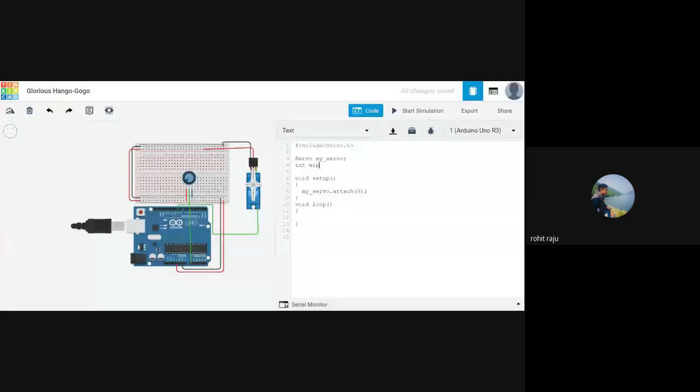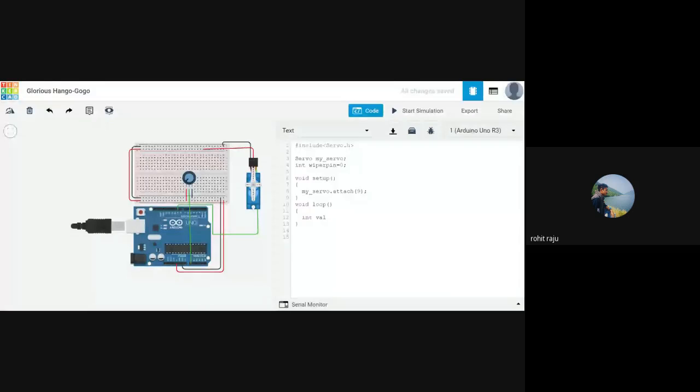Let me call it wiperPin, and I've set it to 0, A0, right? So let's put 0 here. And let me create a value, an integer value. With this value itself, we will be rotating this servo motor shaft. This value is between 0 to 180 degrees.